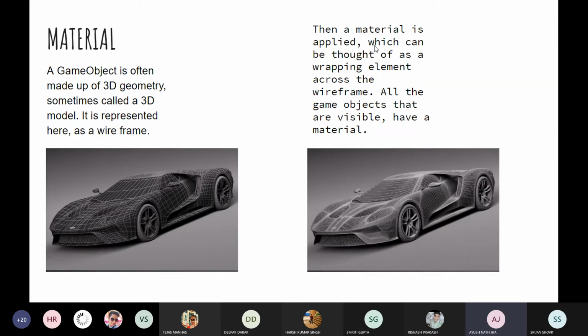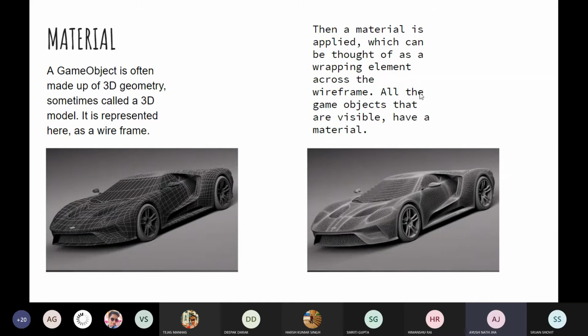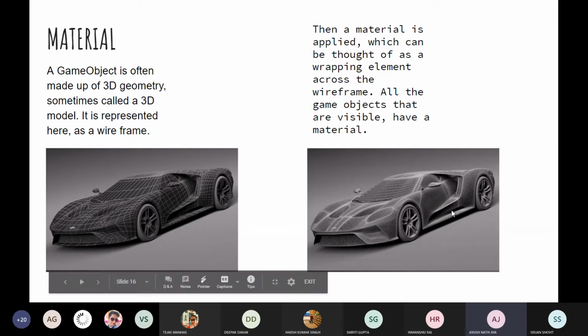Then a material is applied, which can be thought of as a wrapping element across the wireframe. So you can see how a white cloth-like element has been added to this particular wireframe. So this is a material, and all the game objects that are visible have a material. Here is the material on this particular game object.